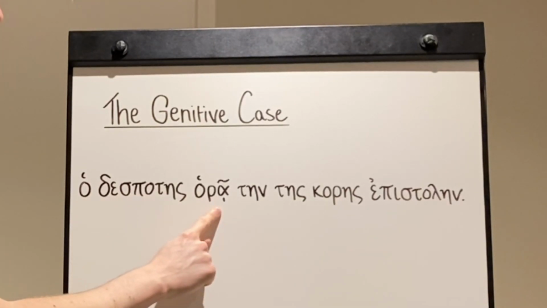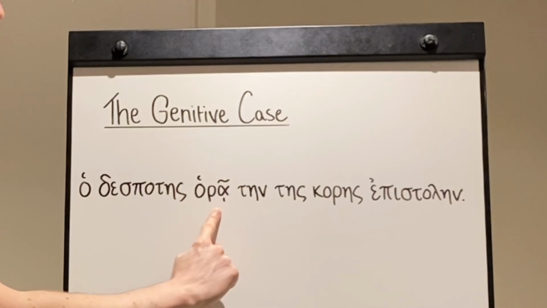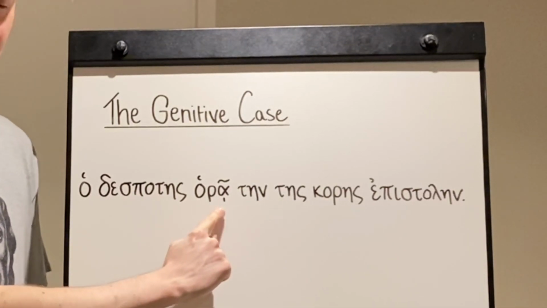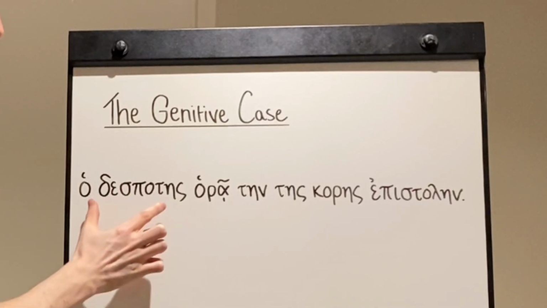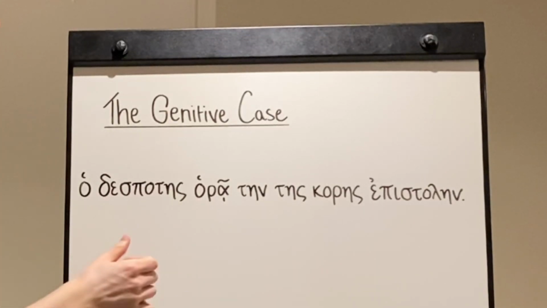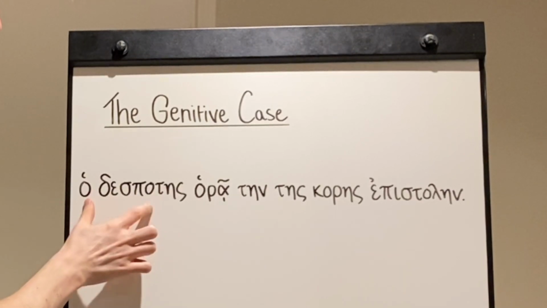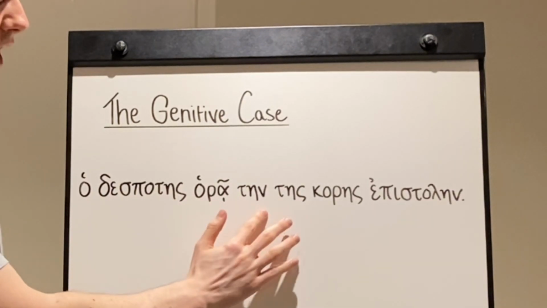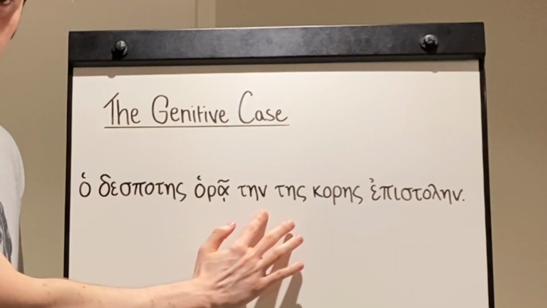Next we have a verb. In fact, it's the verb in the sentence, and that is horai, which means he, she, it sees. In this instance, we know that the master is the one doing the seeing. So this sentence so far is the master sees, and then we have tēn, which is the feminine accusative singular